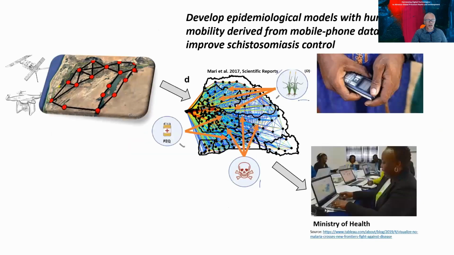So what we see here is that we can integrate field ecology with drone and satellite imagery to identify potential hotspots of transmission. We can use this information to fine-tune epidemiological mathematical models of disease dynamics, where people's movement, for instance, is calibrated by using mobile phone data. And we can explore different scenarios and have a sort of surveillance system where every year we can span this area, identify where the hotspots are and which are the best interventions to control the disease.